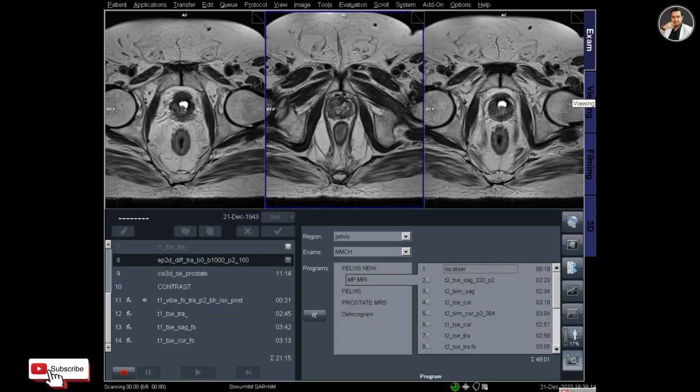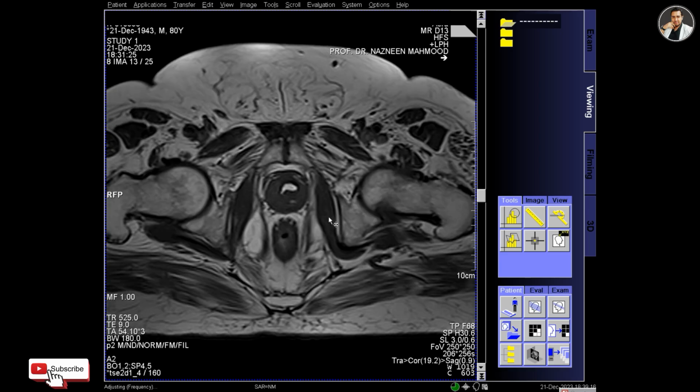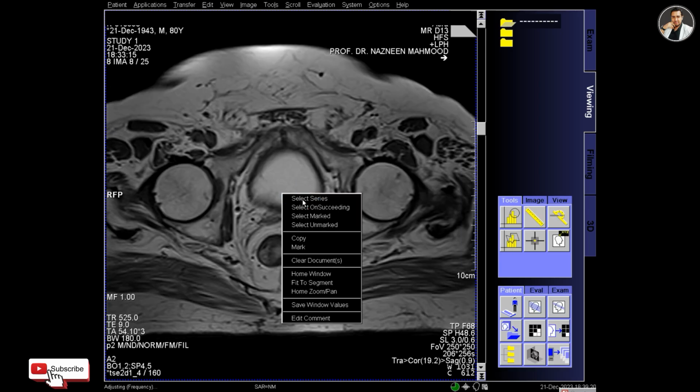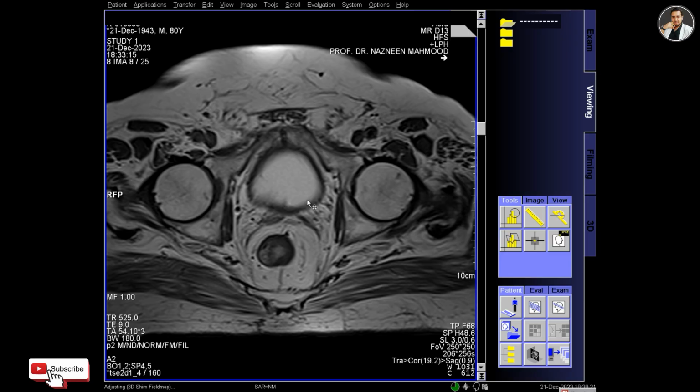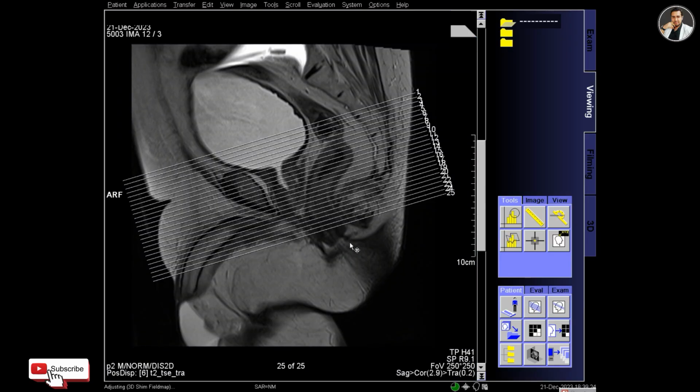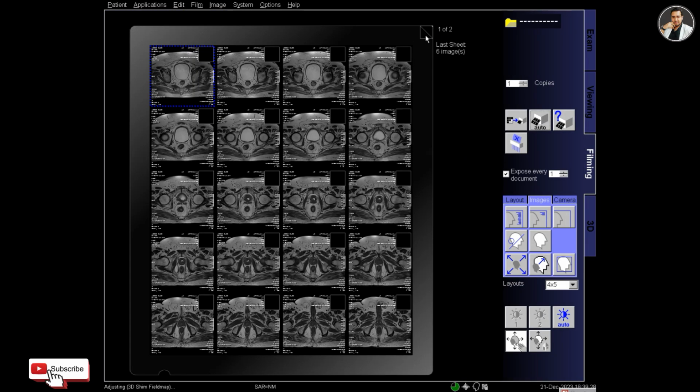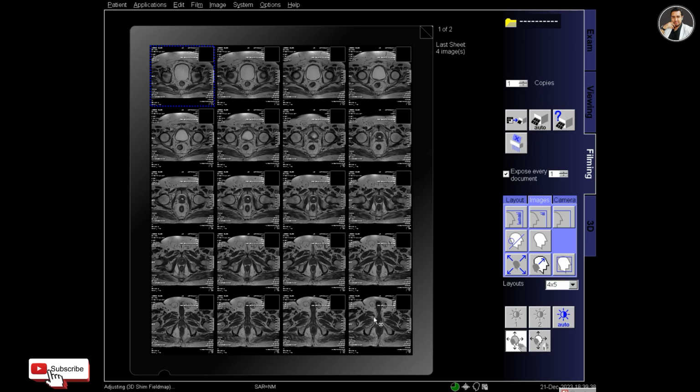So right now the diffusion scan is scanning, and this is a T2 axial. I am filming now the T2 axial film, preparing T2 axial, and the film layout is 4:5, including the reference image. The 20 images have been set in the film,